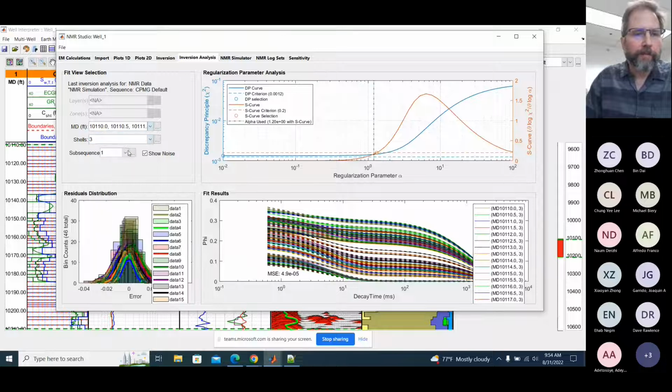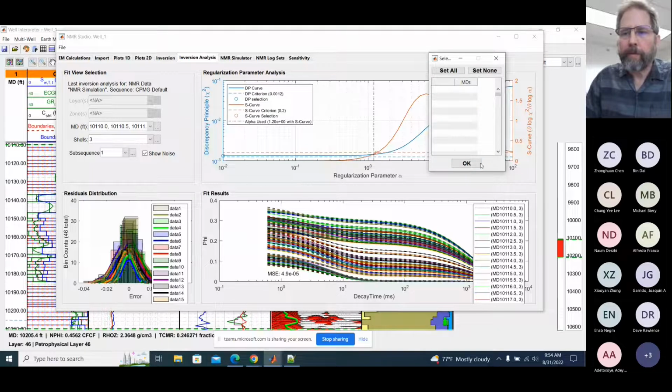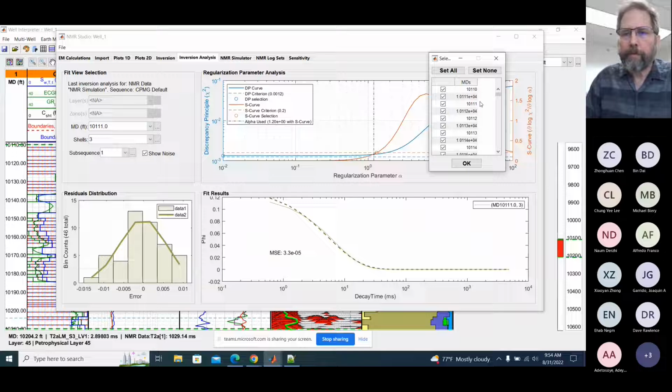Yeah, it seems to be slowing down for something. So yeah, we can set none and just pick a couple of these. I think if you pick too many, it takes a lot more